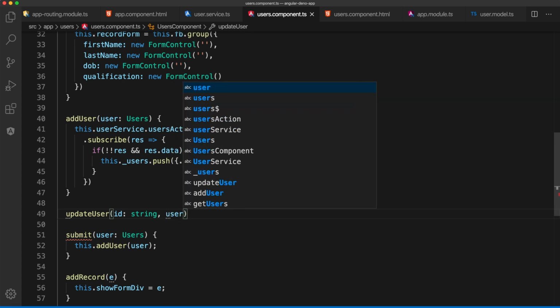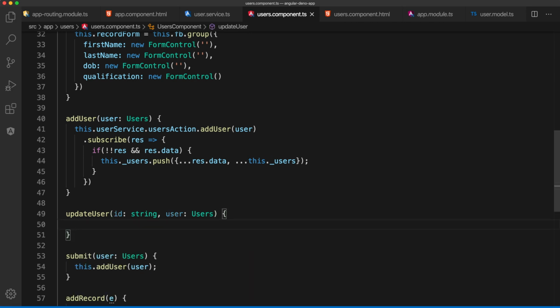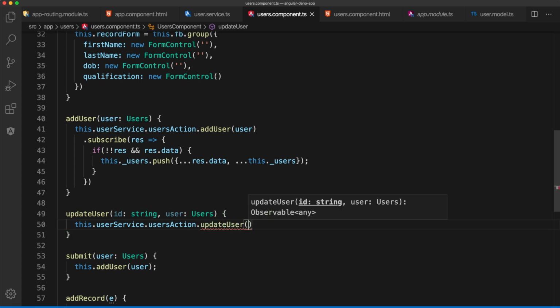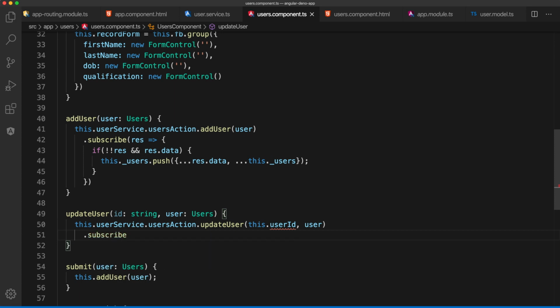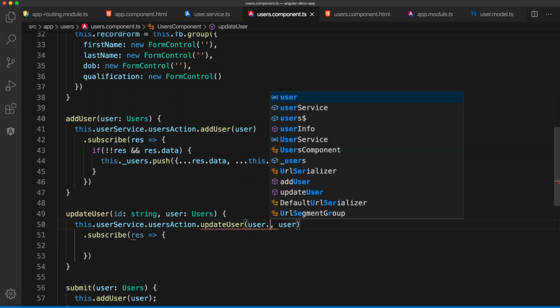Okay, and then user is basically a users. And then what we're gonna do is call this user service dot user action dot update user, and in this update user we're gonna pass this dot user ID and then user. Okay, and then we can subscribe response. Oh, wait, I know why this is, let's take it as ID here, it's like user.id. Okay,